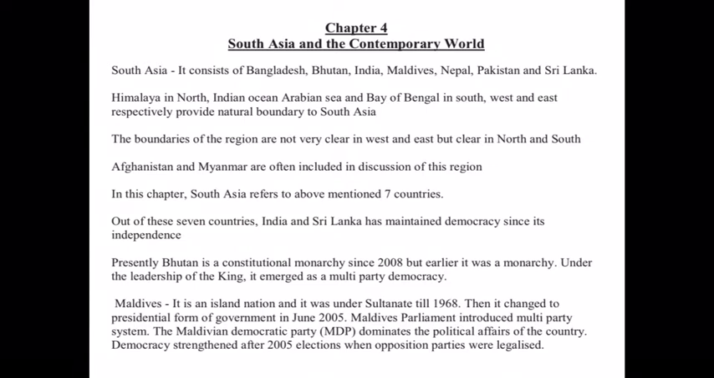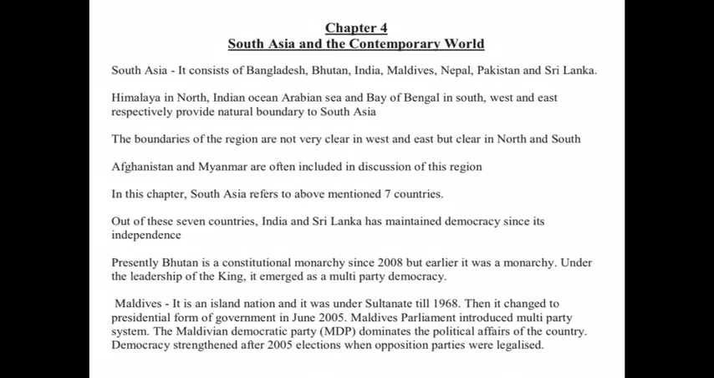Now whenever the discussion regarding South Asia is done, every time Afghanistan and Myanmar are generally included in the discussion of this region. Means whenever South Asia is considered, although it consists of these 7 countries, normally Myanmar and Afghanistan are also included in the discussion of this area. As you know, these countries are the nearby countries of this continent. Basically we call it the Indian subcontinent. Okay,